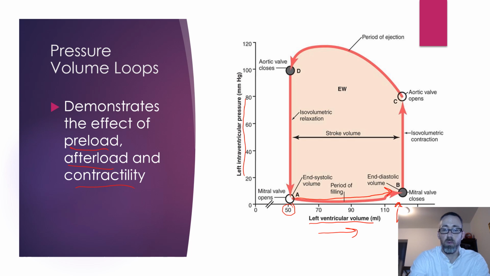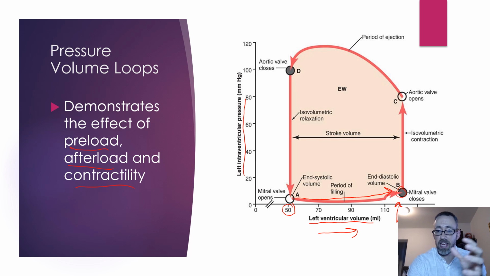All right, and you see the pressures on our y-axis there. You see the pressure goes up a little bit. And that's just as the left ventricle fills up with blood, it's going to create a little bit of tension in the walls there, and that's going to generate a little bit of pressure, okay, inside the chamber. So this is, again, diastole as it fills up to point B, at which point we're going to go into